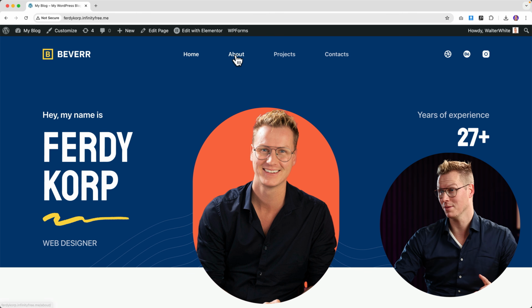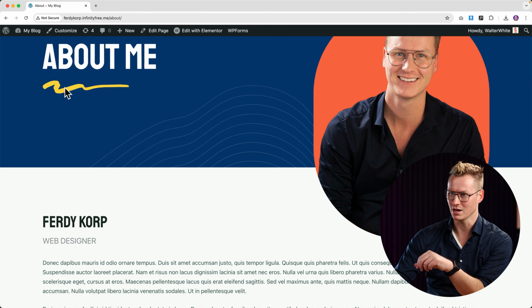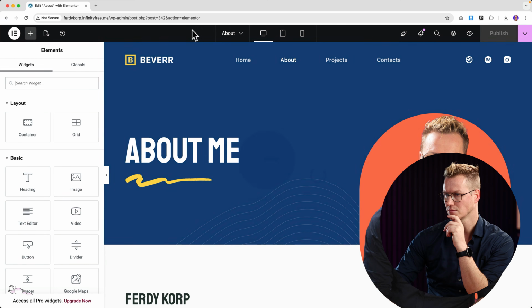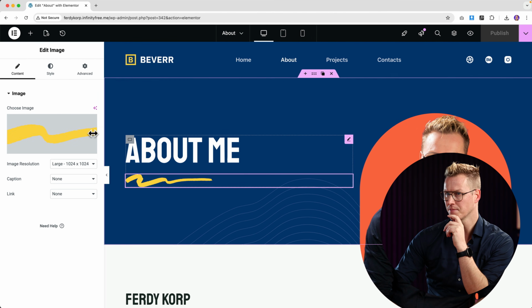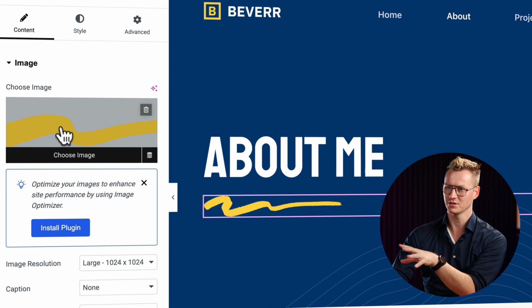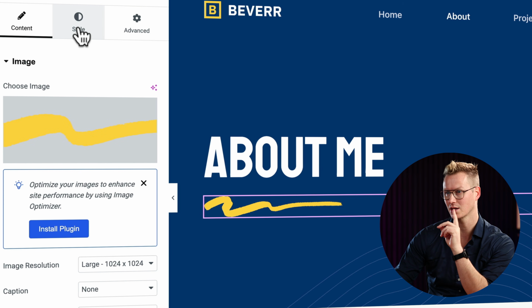And if I go to the About page, it's also changed. What I see, it's not changed over here. So let me show you how you can do that. I click on Edit with Elementor. I click over here. What I see, it's an image. I cannot change it. I can download the image, use Photoshop, change the image to another color, but I can also play around with something. So I can go to the style,